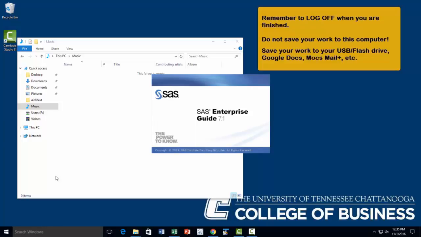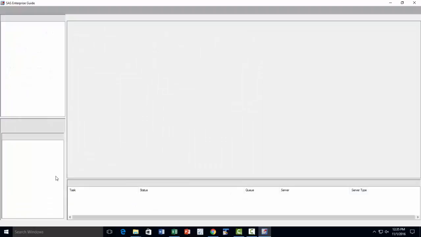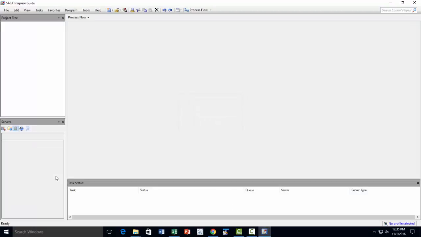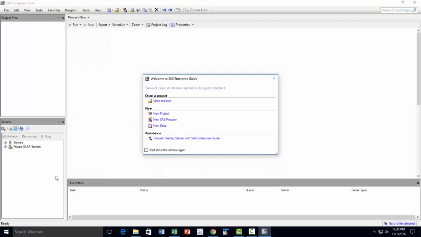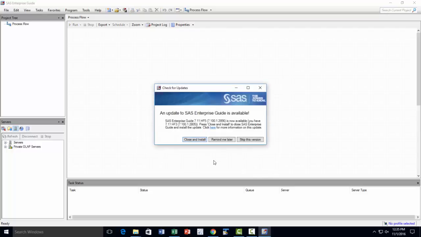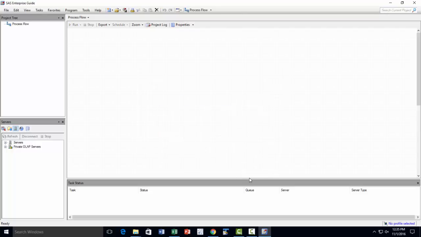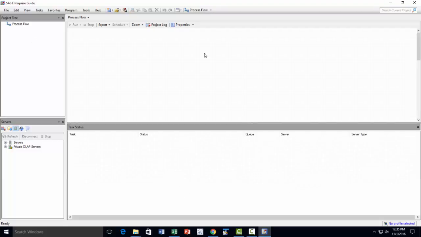Okay. Now Enterprise Guide is kind of an interpreter between the hard to communicate base and the user. So it's kind of a user-friendly interface between the engine and the user. So things are a lot more easy to do with Enterprise Guide. Okay, so you set up your work in this window, and then when you click run,